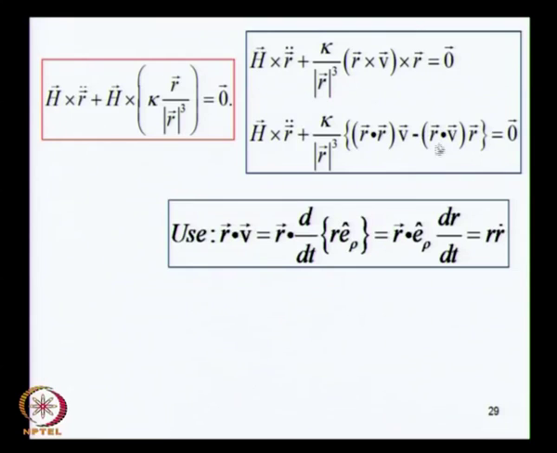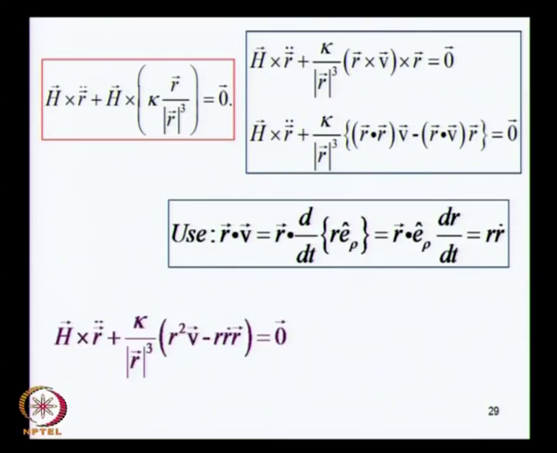Now, what we need is this r dot v. R dot r of course is r square, so that we already know. We need r dot v. So, let us determine this. V is the time derivative of the position vector, which is the magnitude times the direction, and this will be r r dot, as we have seen in the previous case. So, this is the r r dot, dr by dt, which is the rate of change of the magnitude